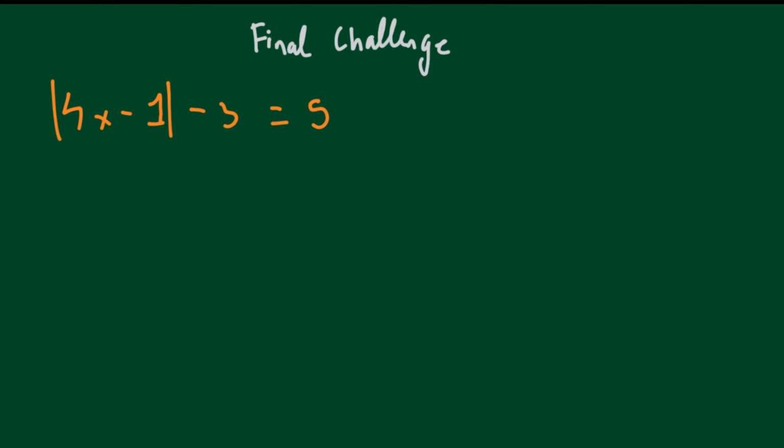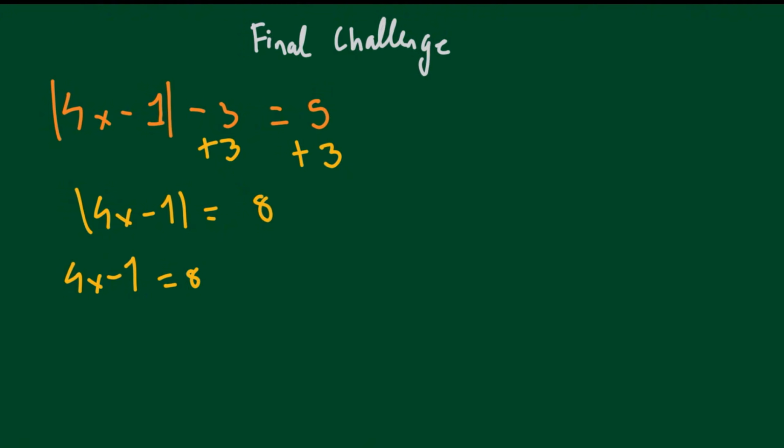Okay, try this last final challenge problem. Pause the video. Okay, so this is an extra step problem. You first have to add 3. So the absolute value of 4x minus 1 is equal to 8. So 4x minus 1 is equal to 8, or